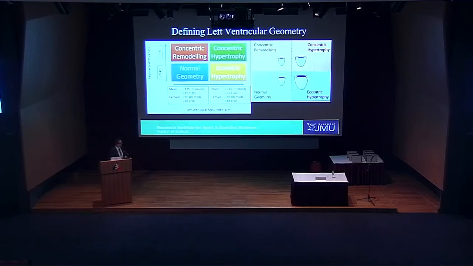body size. And so this is from the American Society guidelines on how they define geometry. And they look at left ventricular mass, and they look at relative wall thickness. Now, the relative wall thickness is 2 times the posterior wall thickness divided by the internal cavity. So you get a relative ratio of the wall thickness to cavity size. And we can define geometry as normal, concentric, or eccentric based on an increased LV mass and an increased wall